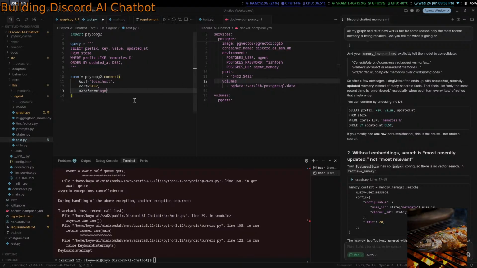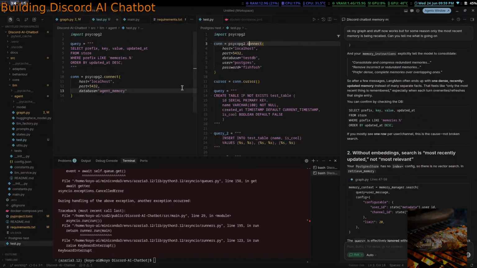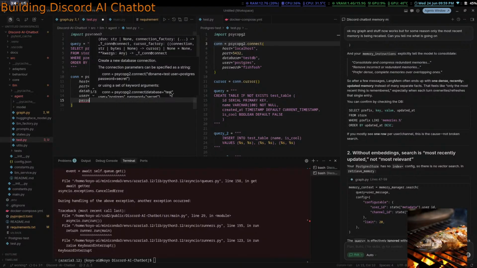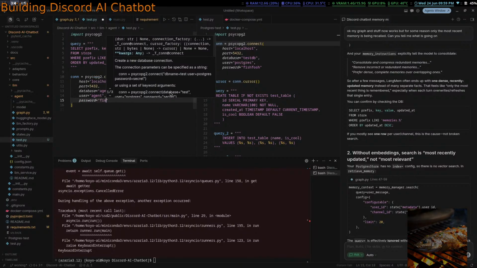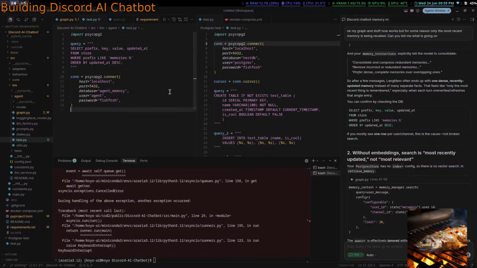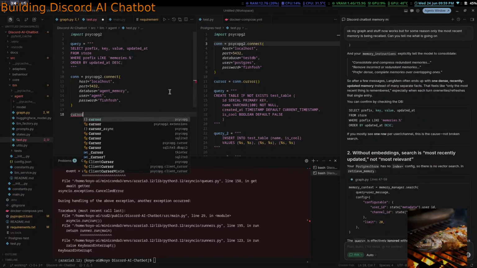Equals agent memory, and user which equals agent, password which equals fish fosh. And then cursor, which equals